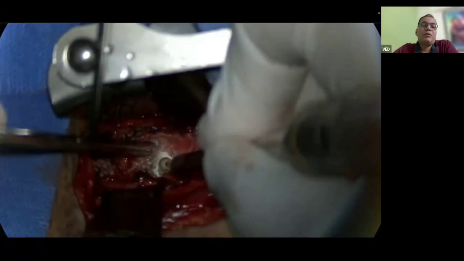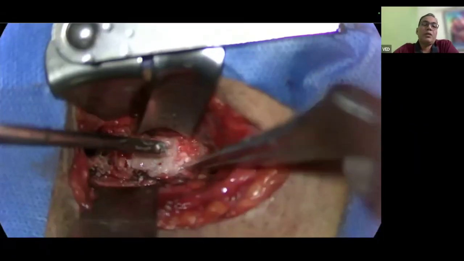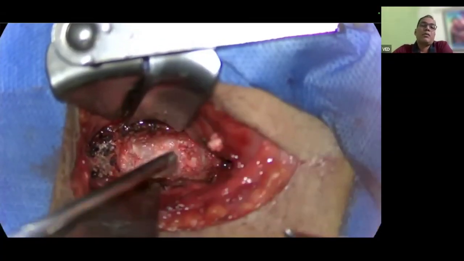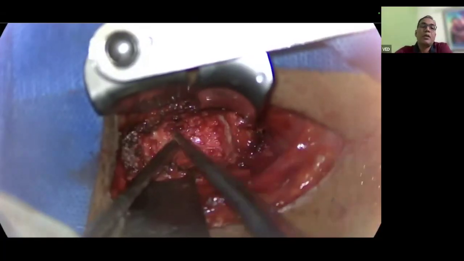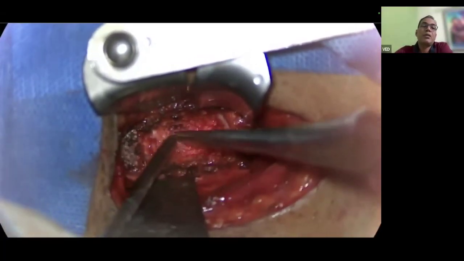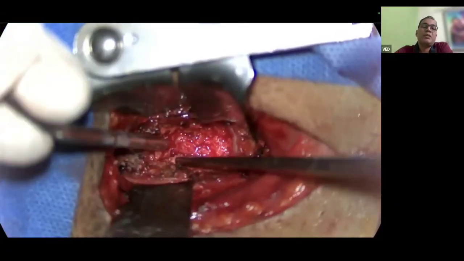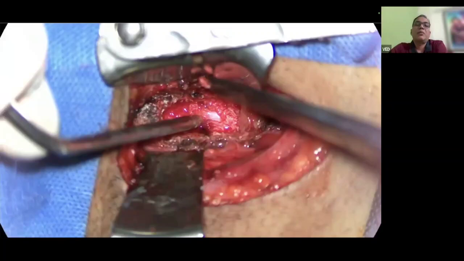Copious irrigation should be done once we are approaching close to the posterior longitudinal ligament or dura. This is the undercutting of the bony spurs at the end plate. There can be incidents of sudden ooze from the venous plexus, because once we decompress, the epidural plexus may start bleeding.